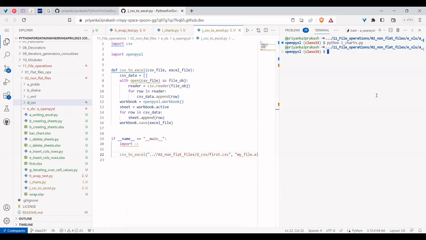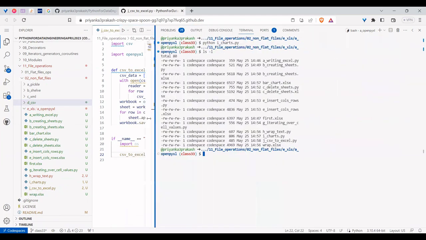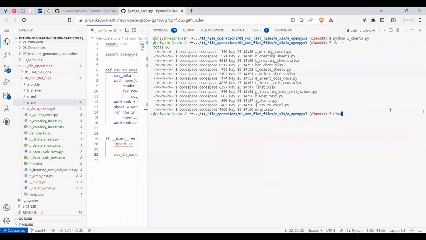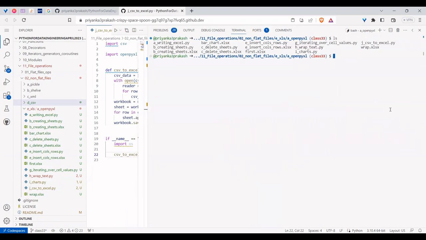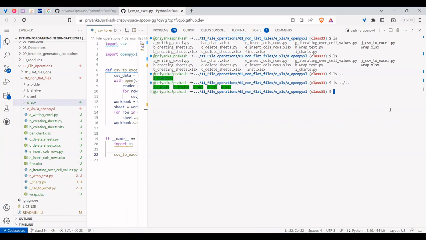In a terminal, think about how you do it. If I do ls -l, how will I get only the files, right? Only the files in the current directory. Or simply, clear. If I do ls, I get only these files. But if I do ls with the current directory, it is again the same thing. If I go one level up, it will go one level above. If I give /2, two levels above, in that two levels above, I want to go again